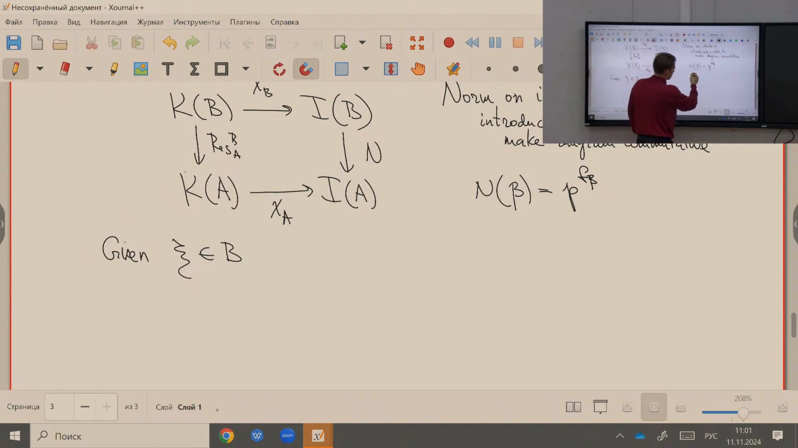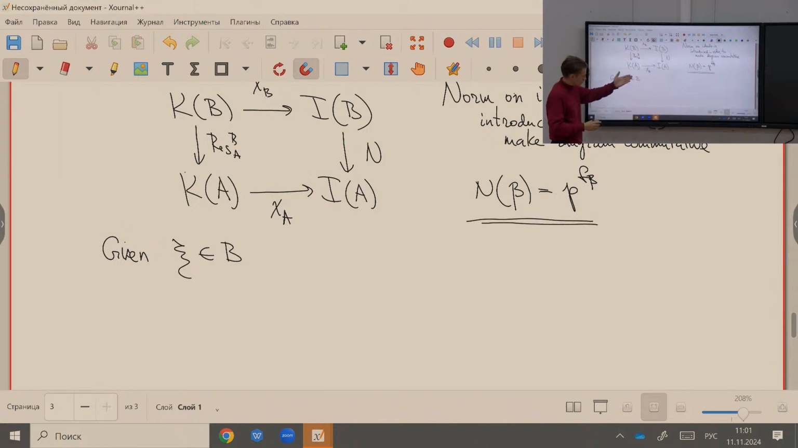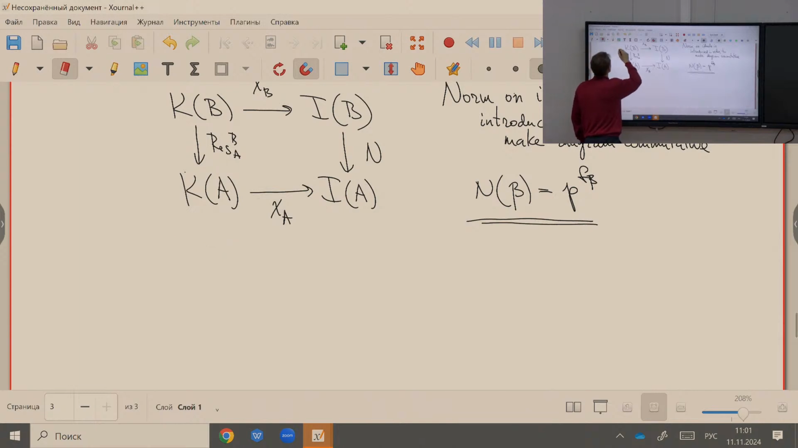So if you take, how can we calculate this kind of formula? So how have we obtained this formula? Yes. So we should